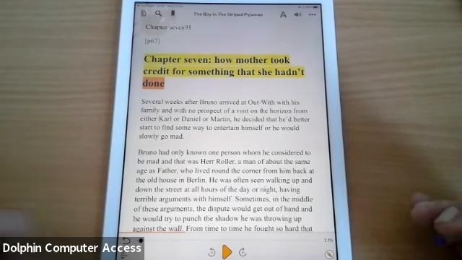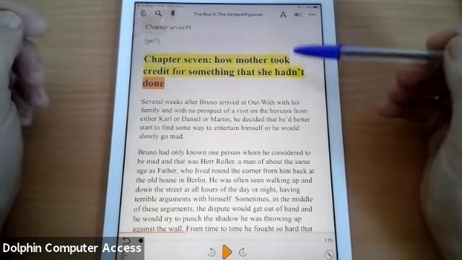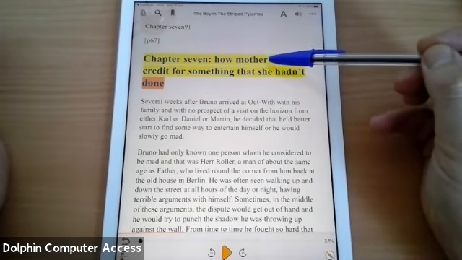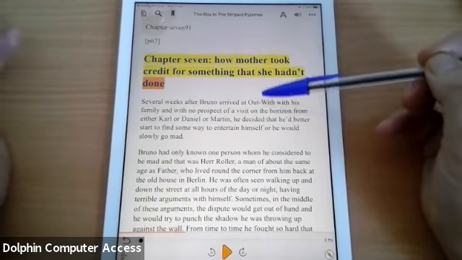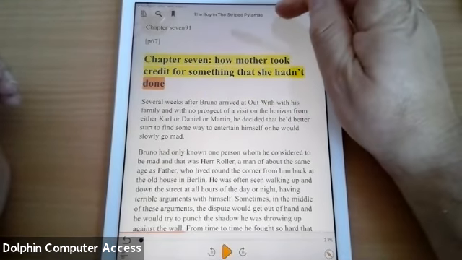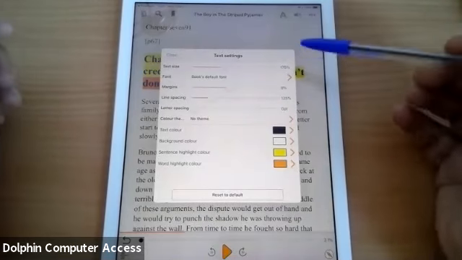Okay, I'll just stop it. So we can see that we've got that orange highlighting and the yellow on the sentence, again, white background and black text. If I was to touch on the A button at the top, here I can change the